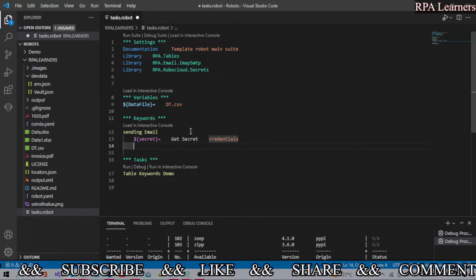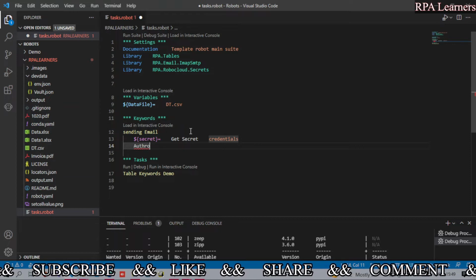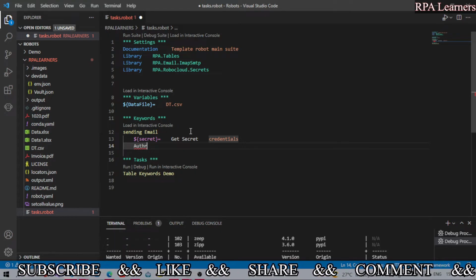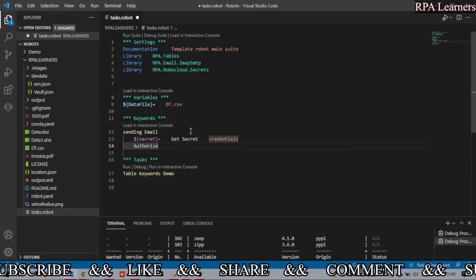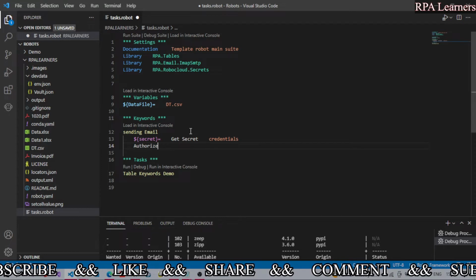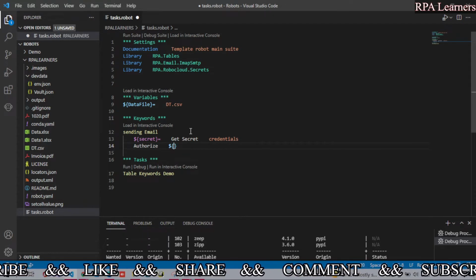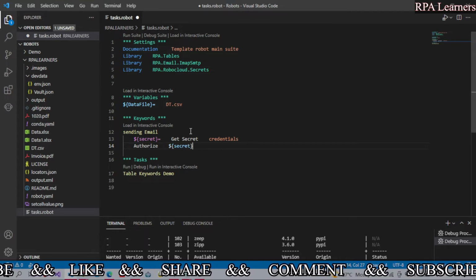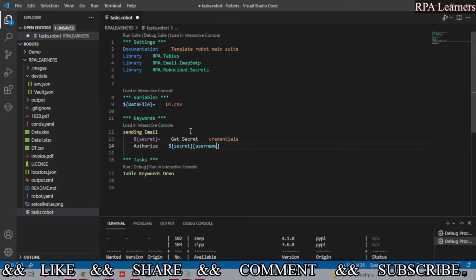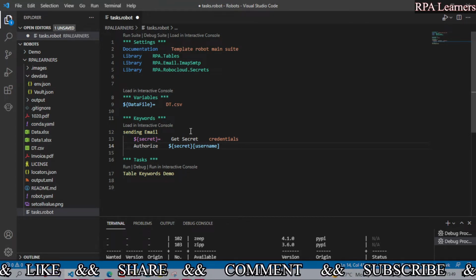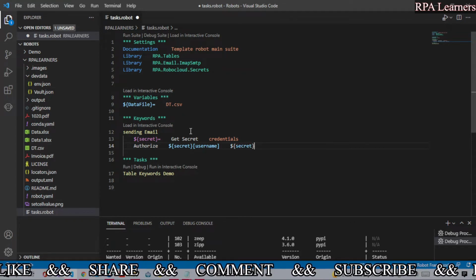For authorization, you need to use this particular keyword, which is Authorize, and then we need to provide the username or the mail ID, which is secret of username. We gave that as username. After that, the second argument is the password. Let's create the password as well, which is secret of password.